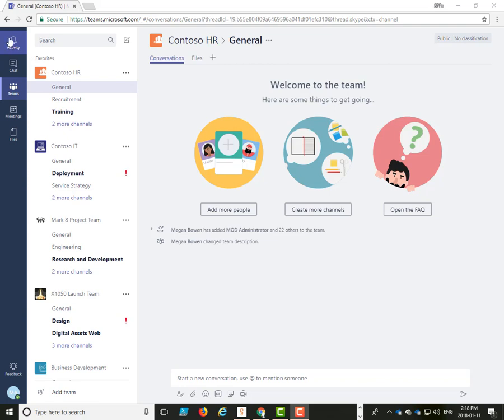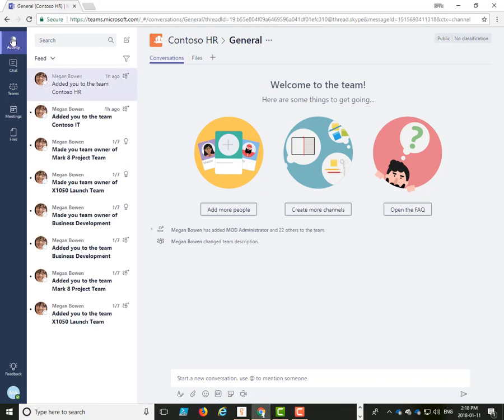The top left is going to provide you activity, and this is where you see a quick update of all the information that is pertinent to you. Whether you've been mentioned somewhere, somebody liked a message you've typed, or a conversation that you've participated in before and somebody is replying to it.